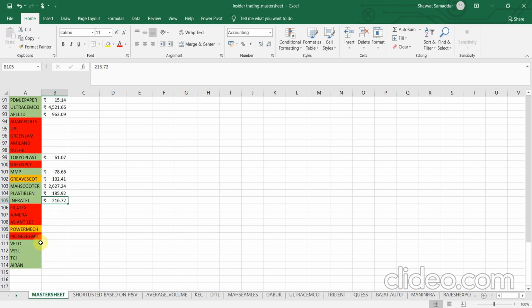Secondly, if any particular stock successfully passes all the three compulsory criteria but fails to pass the optional one, that is earnings per share, then we color code it as yellow. And lastly, if the particular stock passes all four criteria including the optional parameter, then we color code it as green. Moving forward, as we can see, Power Mac would be our next selection, and we'll copy it